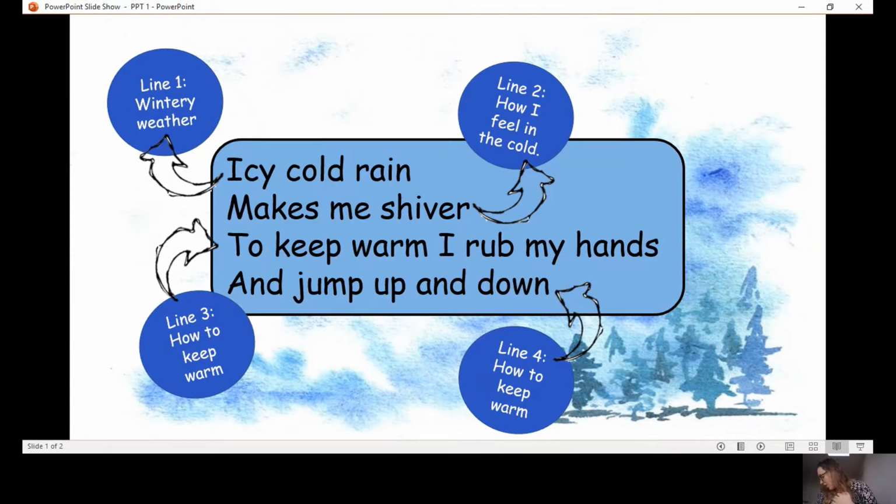All right, so what I would like you to do then is pick parts of your poem, just one line for now. Pick your favorite line. I'm going to choose this line here, and jump up and down. That's my favorite line. You could pick any of my ones, or you could pick your own from your own poem that we wrote. Pick one line and draw a big circle around it. Awesome. So I've chosen and jump up and down.